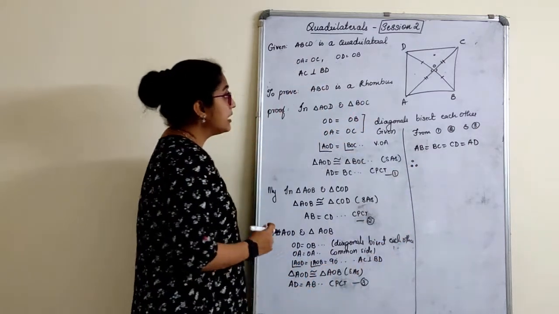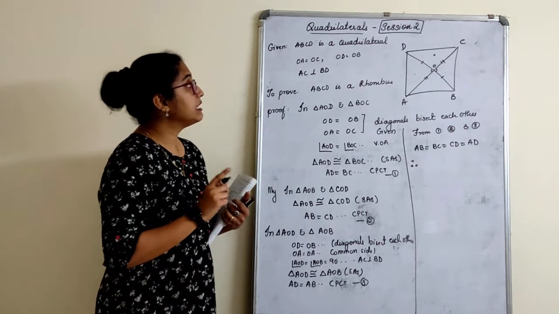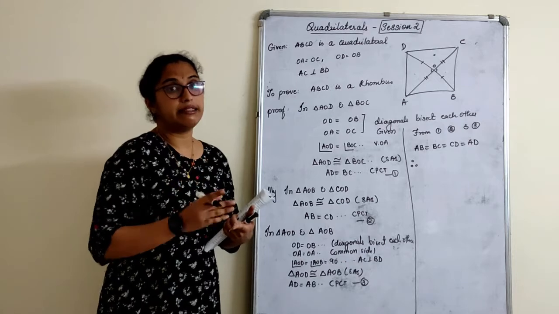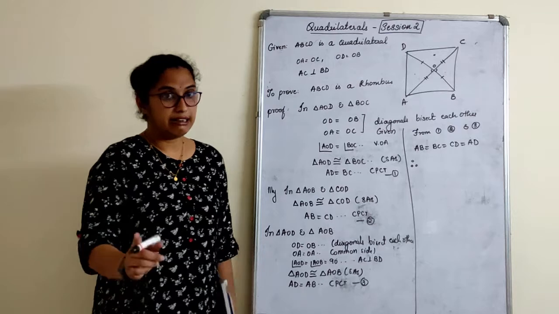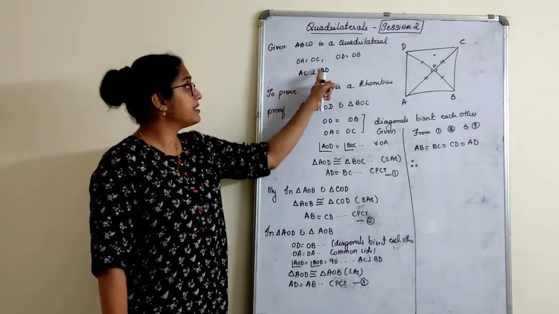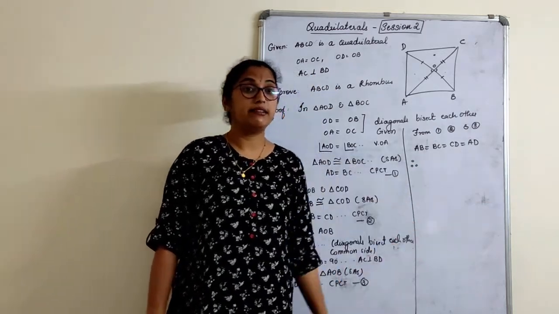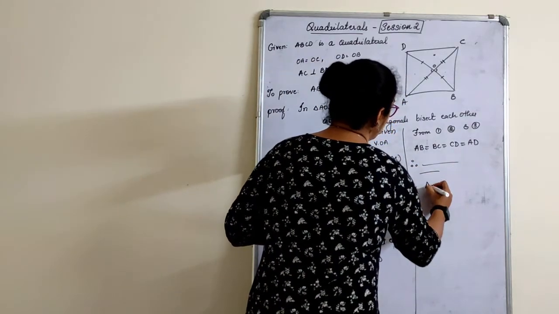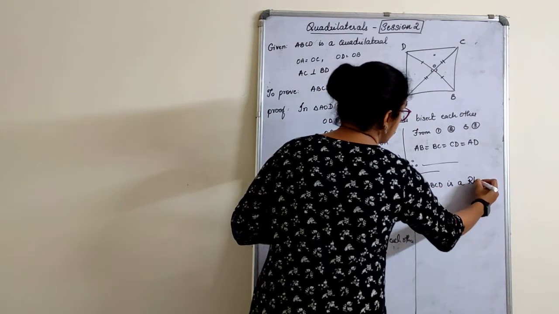Therefore, in a quadrilateral, we have to give a conclusion like this. In a quadrilateral, if diagonals bisect each other perpendicularly and all the sides are equal, then it is a rhombus. So I hope you will get the conclusion. I did not write it again. I'll dictate. In a quadrilateral, if seen from the question, if diagonals bisect each other perpendicularly and all the sides are equal, then it is a rhombus. This statement should be written here. Therefore, ABCD is a rhombus.